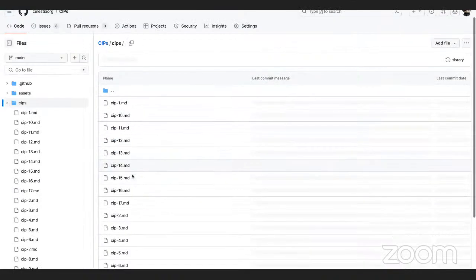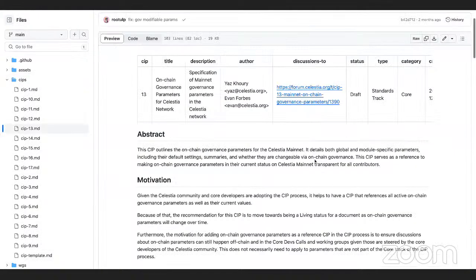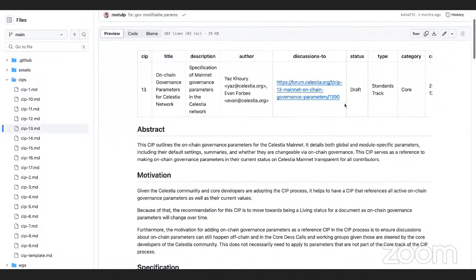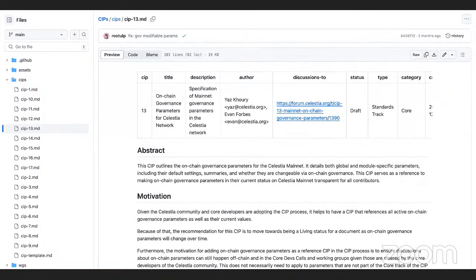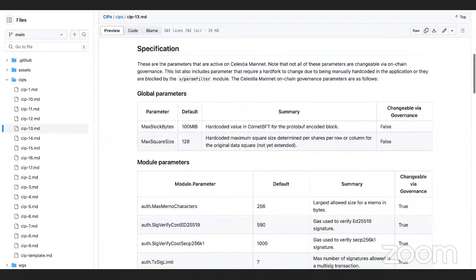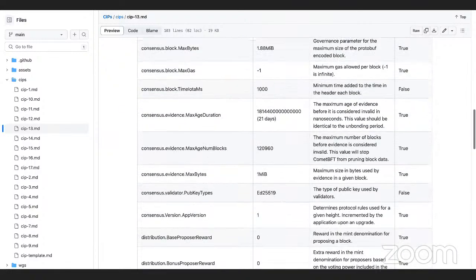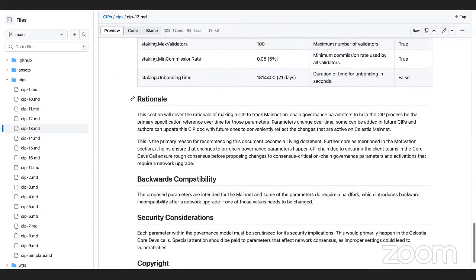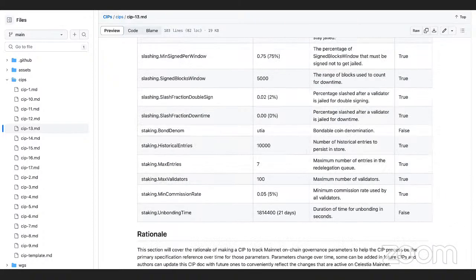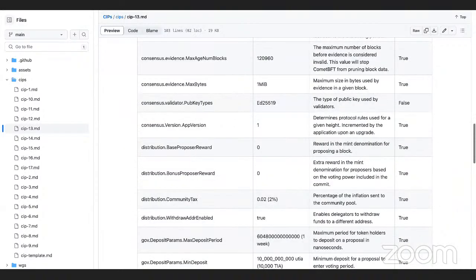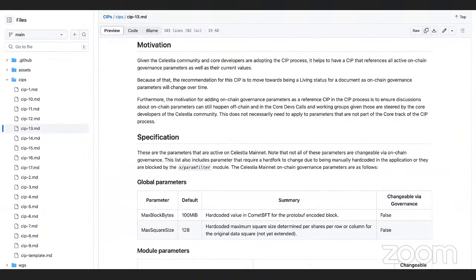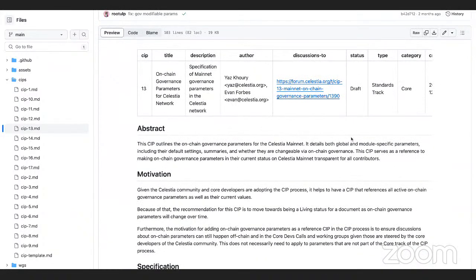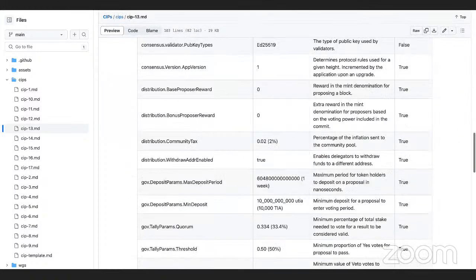A lot of the CIPs do mention parameters throughout, but we haven't really standardized a format for them. So it would be great if you could make a table towards the top of the CIP under the specification section that just includes the parameters that CIP will introduce, and most of them do introduce new parameters. That'll help a lot for keeping 13 up to date and tracking things.